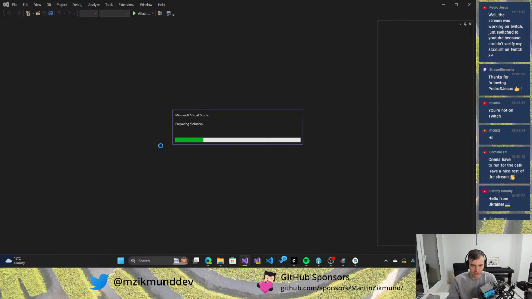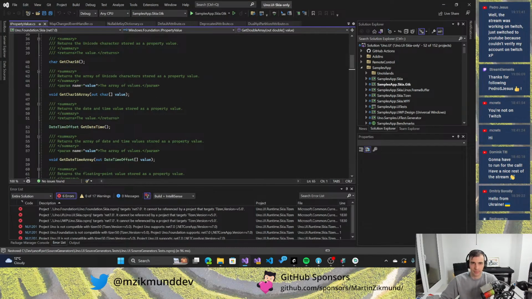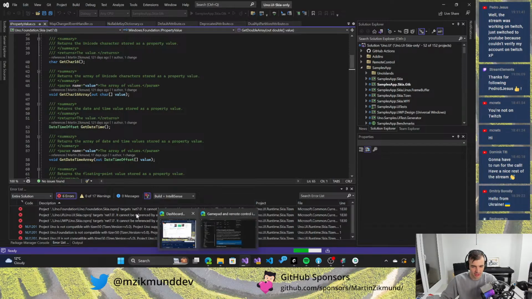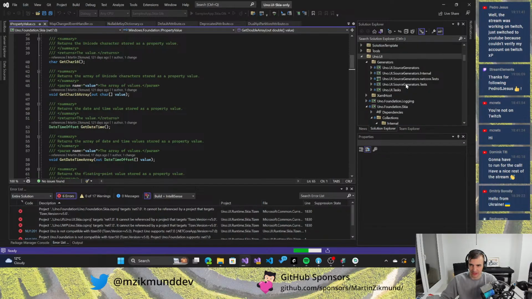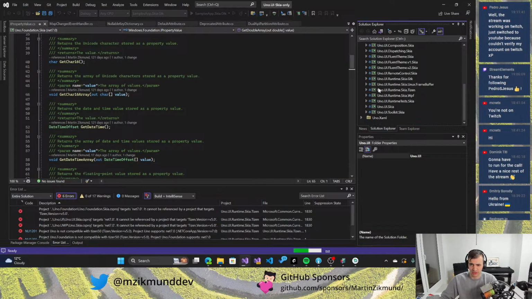So let's see what happens there. So GTK, that is fine. So you can see there's a lot of Tizen related errors showing up, and that's because the Tizen support in Uno right now is not really in good shape, and it's especially because the old Tizen support in Skia Sharp